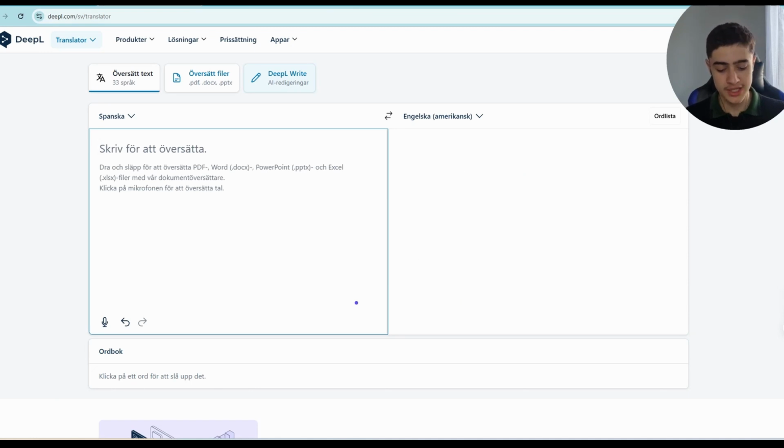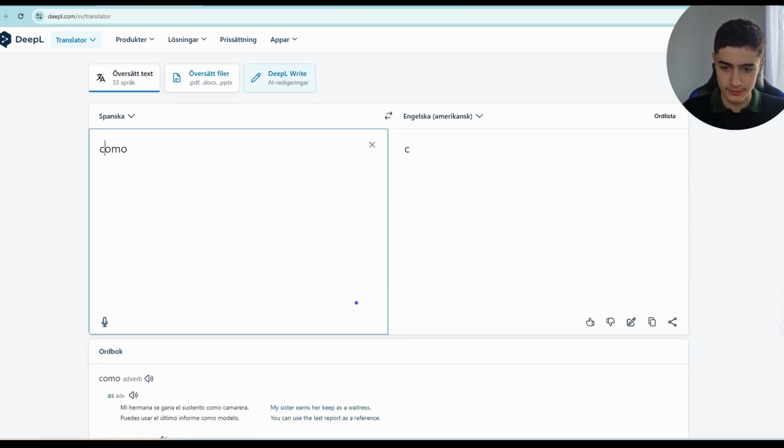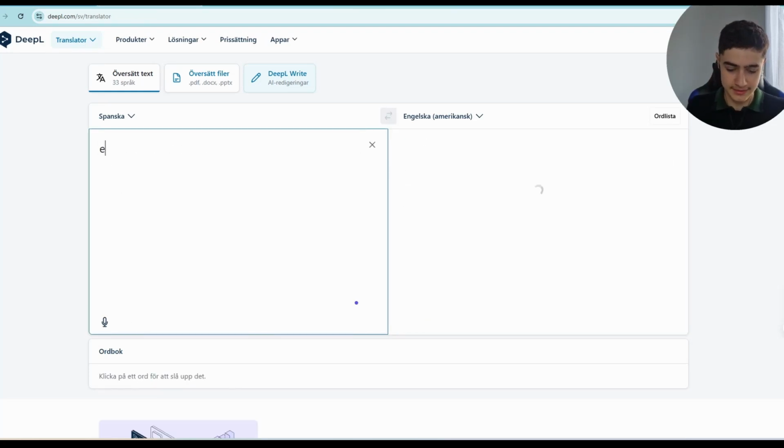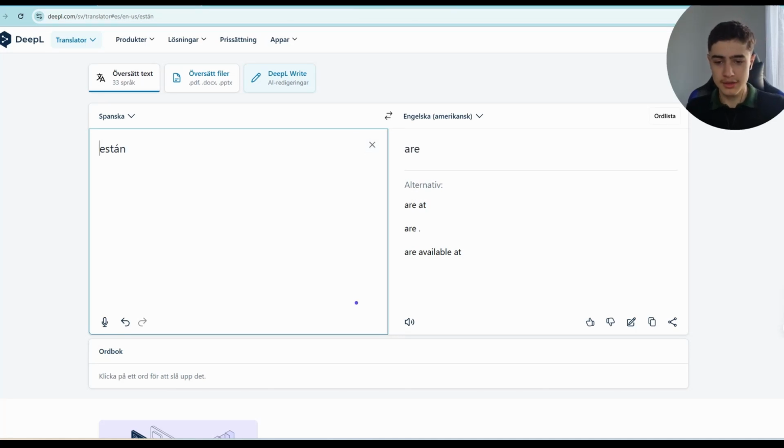You can first break it up, so "cómo," and we have to put the tilde, so "cómo," how, boom, how, okay, and then "están," are, and this is not as clear. If you put it together, it may make it more clear. How are you guys? Now, to make this more clear, of course, it's important to know the grammar behind Spanish, to understand that "están," when you're making a question, means how are you guys doing, right?